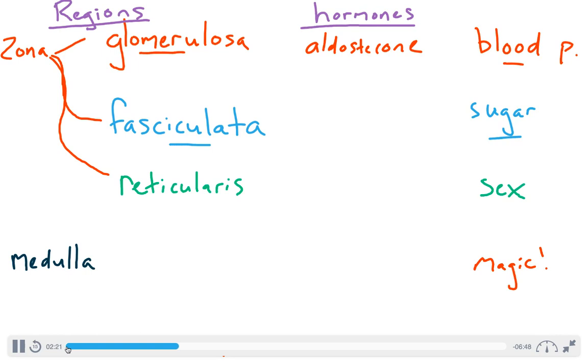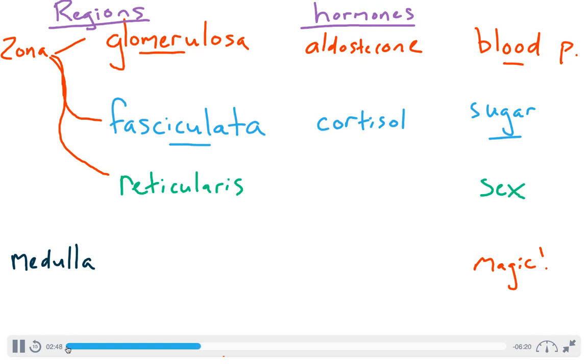With the zona fasciculata, that can be linked to the term sugar. The reason for that is because a key hormone coming from the zona fasciculata is one that we're all familiar with, cortisol. And you're probably most familiar with cortisol as it helps us to resist stressors. It also influences the energy metabolism of a lot of our cells. But the link to sugar is one that I would like you to know. It provokes a process called